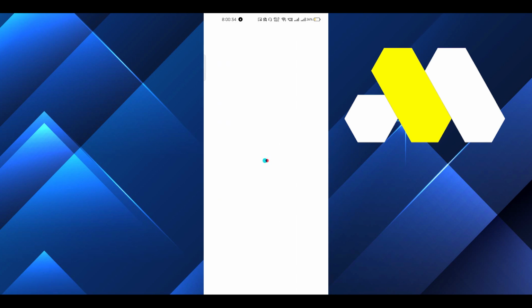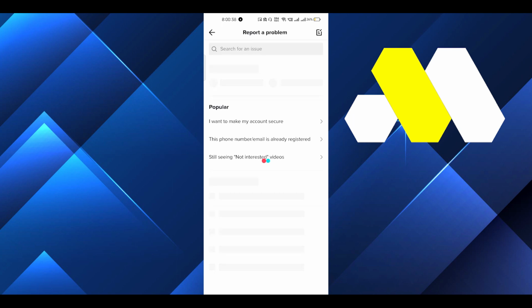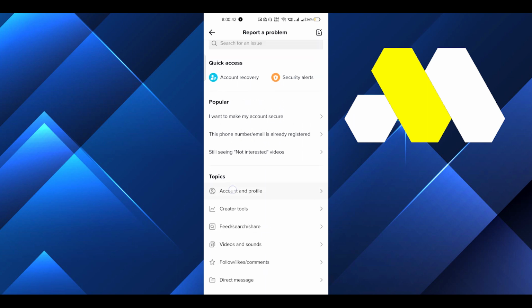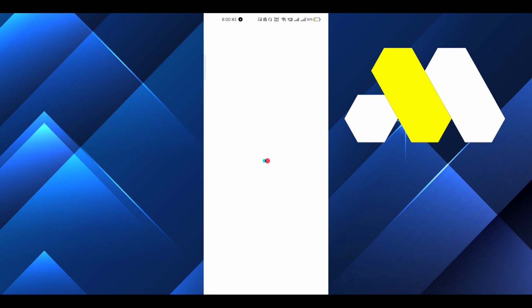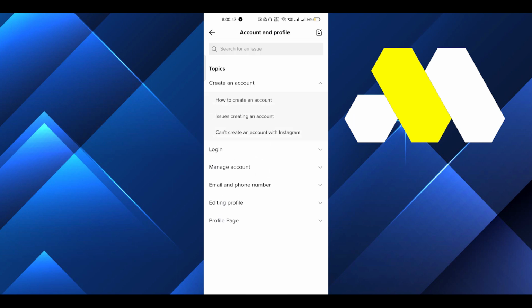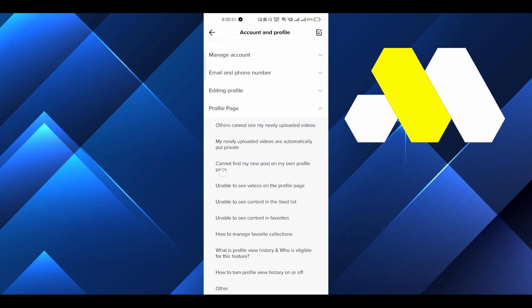and it will take some time to open it up. And after it will get open, just click on account and profile. And after that, you have to click on profile page and just scroll it down, and the best option that you have to choose is others,